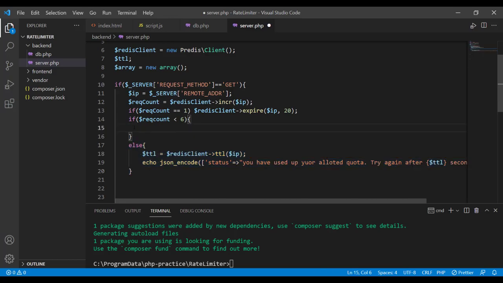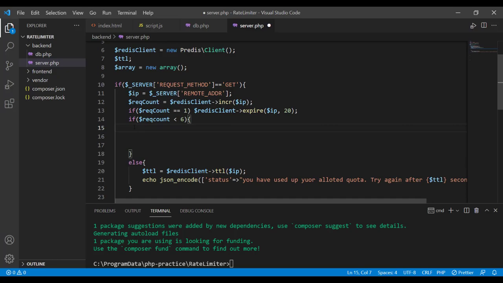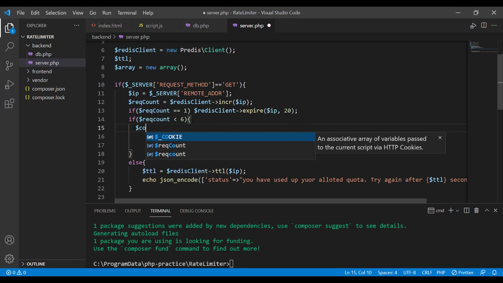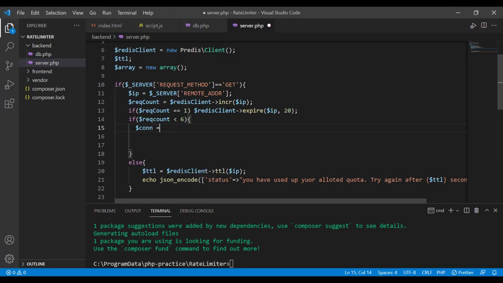But now in this if portion, we have to define the logic to actually access the database if we are making requests to access the MySQL database within the 20-second time frame and we haven't yet made more than 5 such requests. So now over here, we can actually execute a query on the MySQL database. We are using the connection variable that we defined in the db.php file.